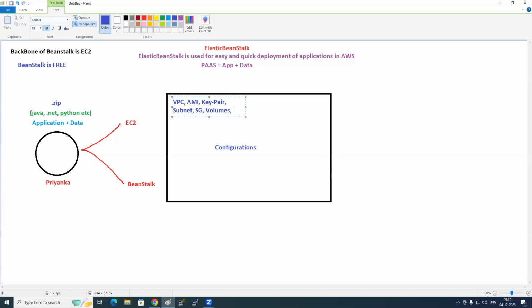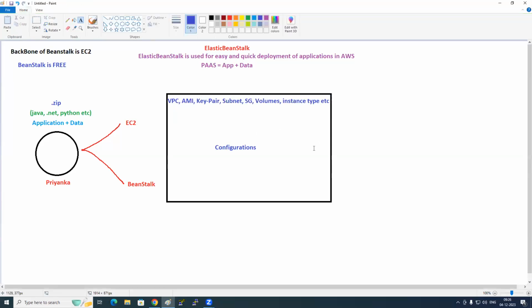Instance type, etc. Yes or no? So all these things we select while launching the EC2 instance. Here also, Beanstalk needs to go and launch an EC2 instance only. How does it launch? It will launch like magic, no, right? You need to give the configuration, right? All these configurations you need to give in